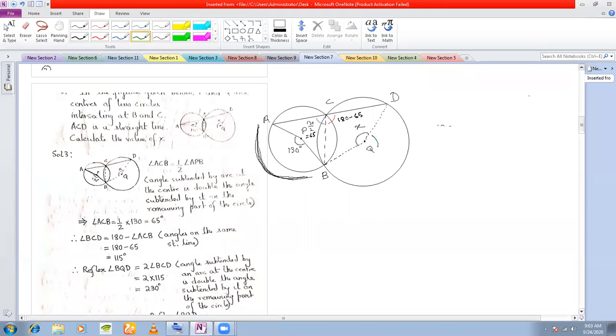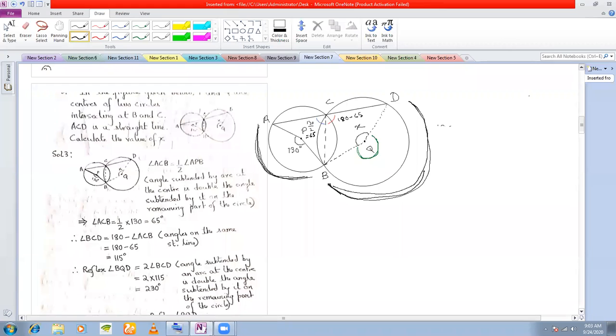And if you see this angle, this green angle here, this angle is the angle that is subtended by this arc BD at the center. Again I repeat, this green angle is the angle subtended by this arc BD at the center. And what is the angle subtended by the remaining arc on the circumference? It is this red angle.